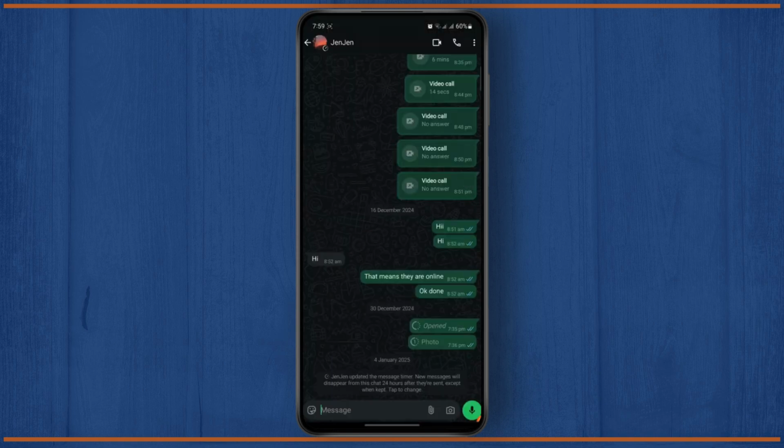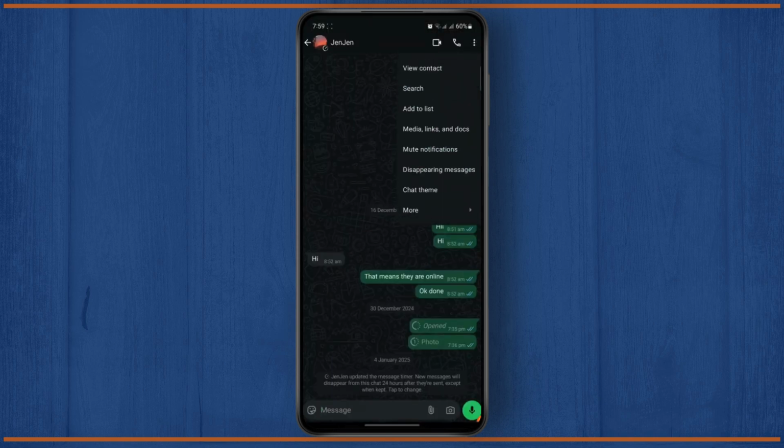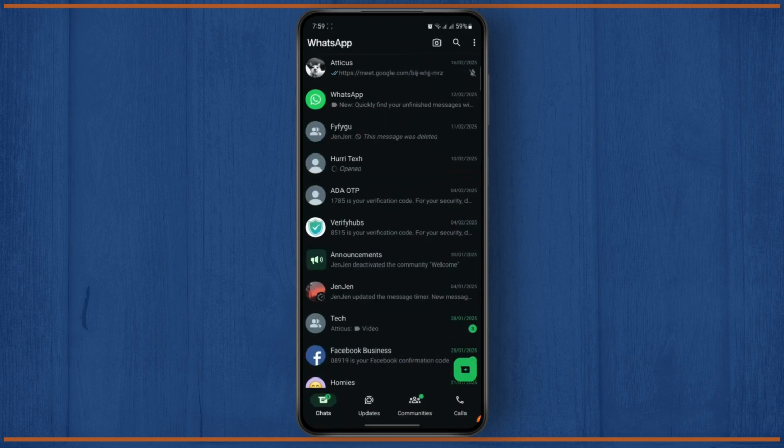And now if you tap on the chat settings and tap on the top right corner, here you won't be able to see any other options. So I'm just going to go back. And even if I tap here, as you can see, there is no option to lock the chat. So you'll have to go back to your inbox, long press and hold on the chat section, and then tap